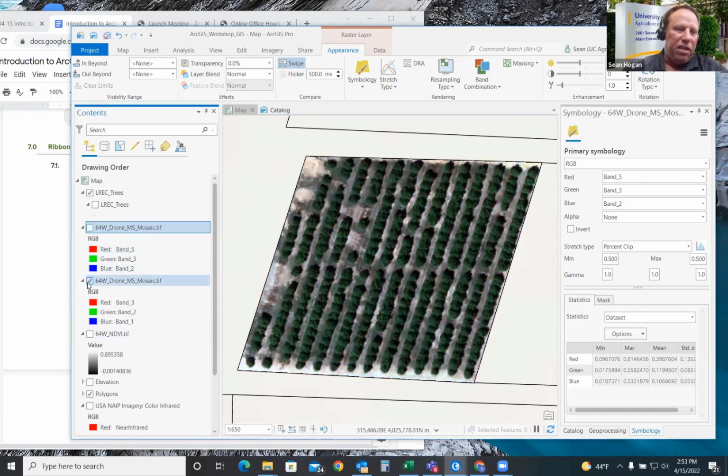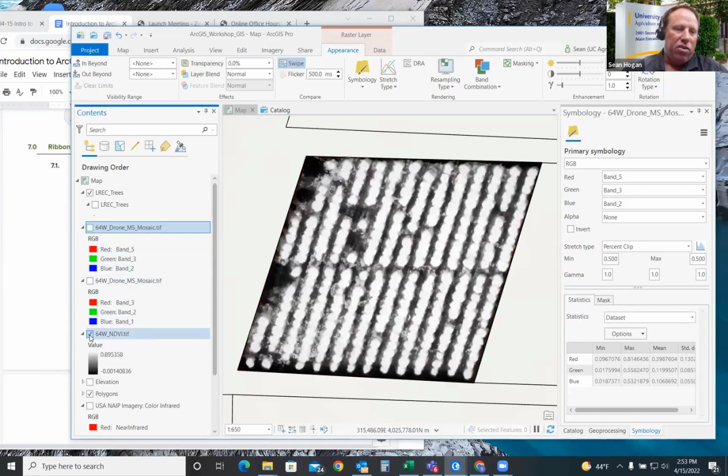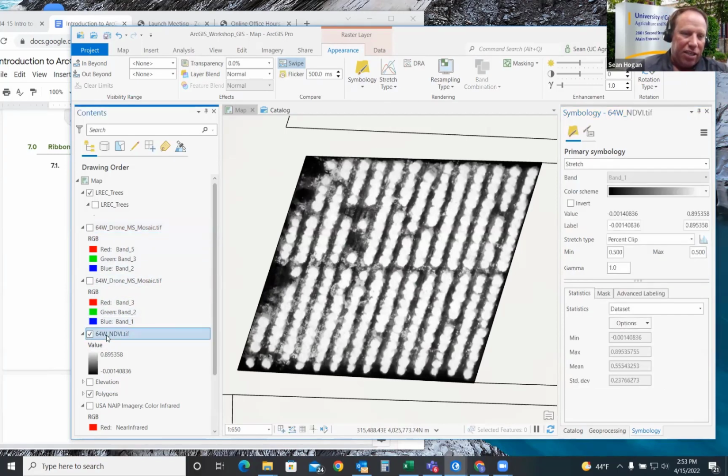So let's turn off these first 2 layers and turn on the NDVI. In here, what we'll do is click on the symbology. Again, even I do this sometimes. If I click on it and I don't see what I'm looking for, I have to make sure that I actually have clicked on the NDVI layer in the contents. It's important. If it's not highlighted here, the functions for it won't be available in the contextual ribbon or in the contextual panes.